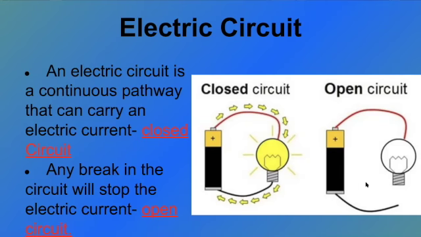Now, there is no electricity flowing in this circuit because the battery knows if it sent out electrons in this side and it goes to the light bulb, then there's no way for it to get back to the negative side of the battery. Another way to think about this is not only is the positive side of the battery having to push out electrons, the negative side of the battery also needs to pull them in towards it. So this circuit over here on this side is not feeling the pull of the negative